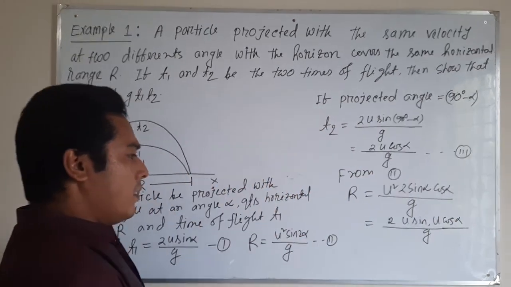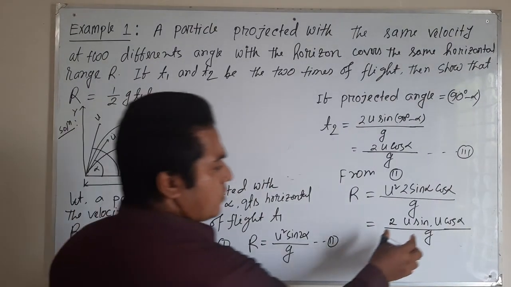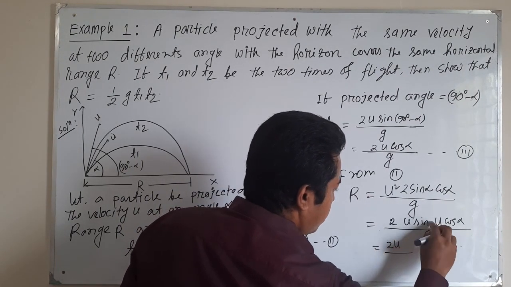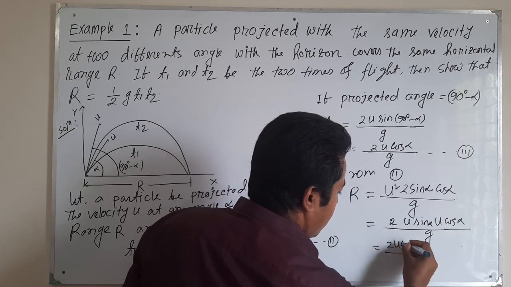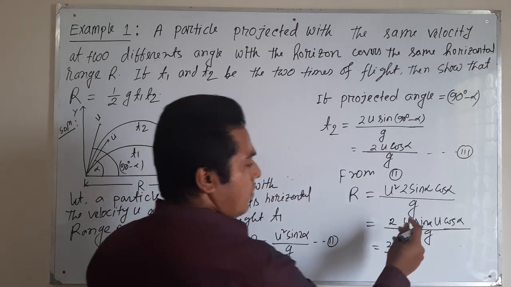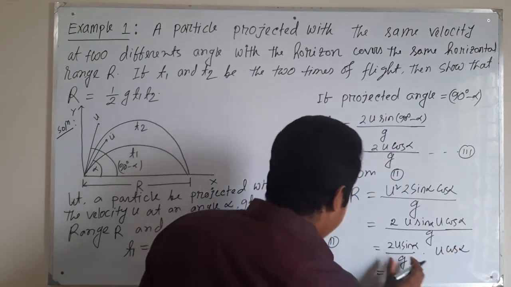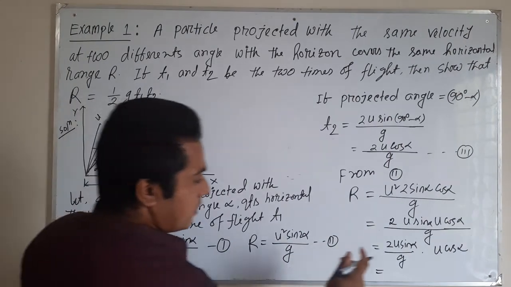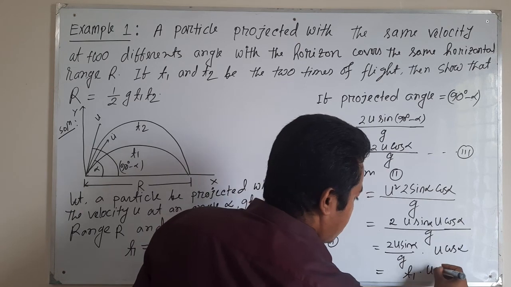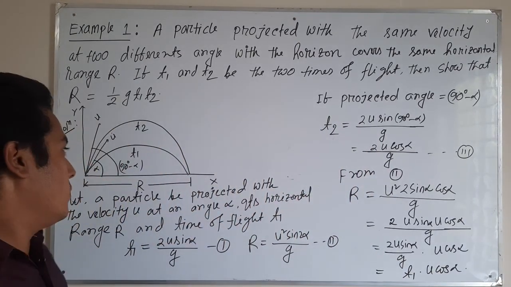Okay, now we need 2u sin alpha divided by g. 2u sin alpha divided by g, but another one is u cos alpha, and this is equal to t1, u cos alpha. Okay, now